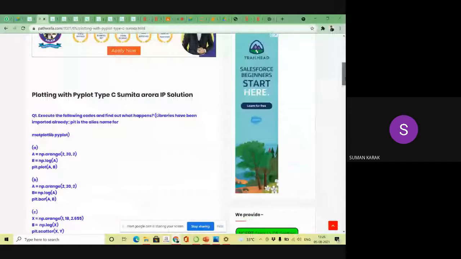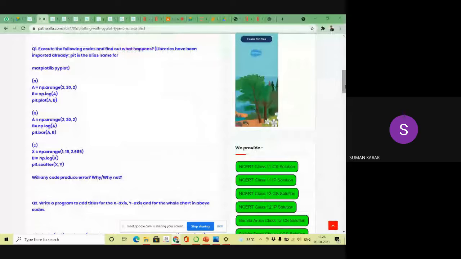Yes. So suppose you can see these programs are there, right? Can you identify any errors in this program or not? For number A, is there any error? I'm using the range function. In a range function, the start value, stop value, and step value are there, right?